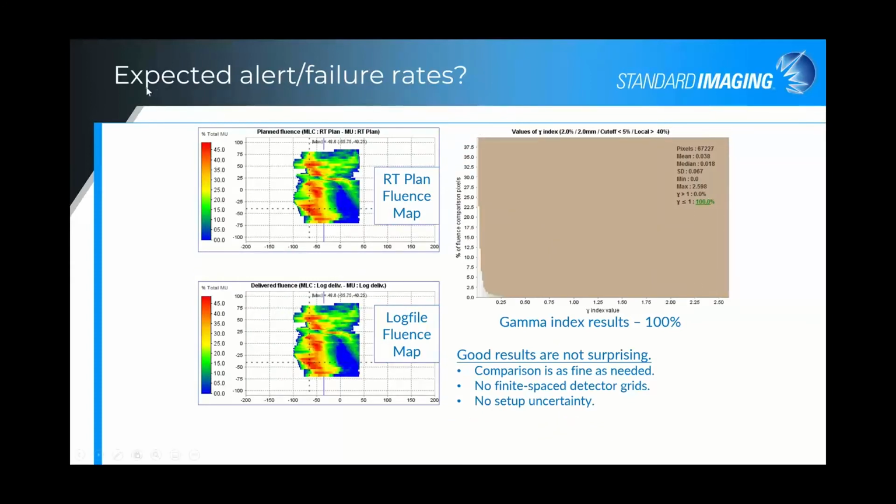And so what do we expect for the alert and failure rates? So here, this fluence map shows 100% gamma pass rate, again at 2%, 2 millimeter, with a 5% cutoff. And, you know, it's really as expected. If you have a well-commissioned system and keep up with your machine QA, the vast majority of plans will not generate any sort of alert. One gets confirmation as each session is delivered, and then a summary report is generated when the treatment ends. In general, good results are not surprising because